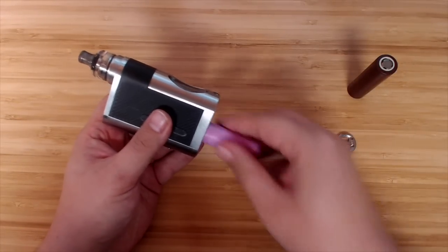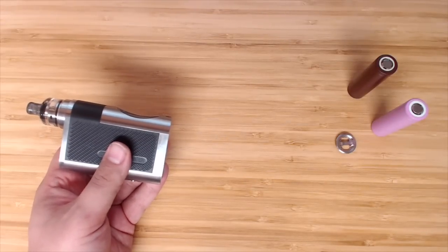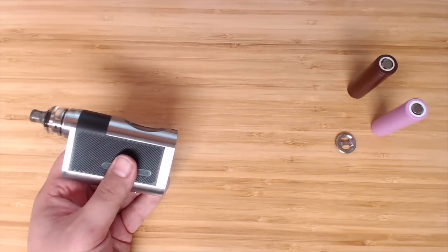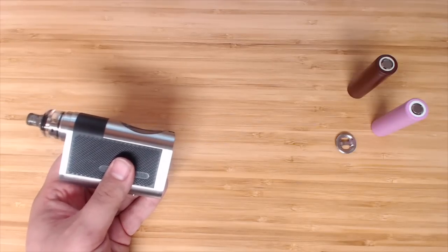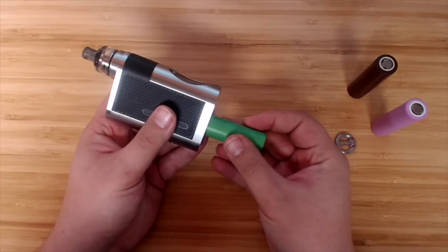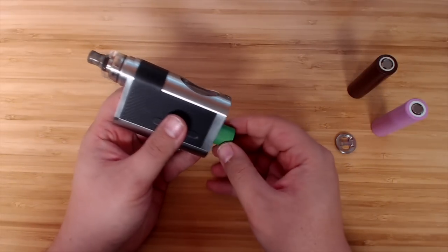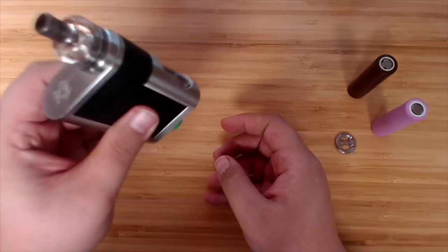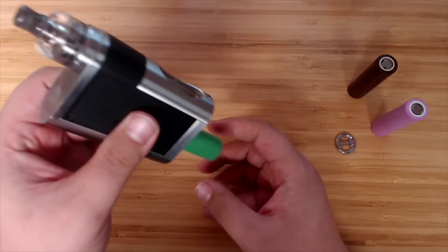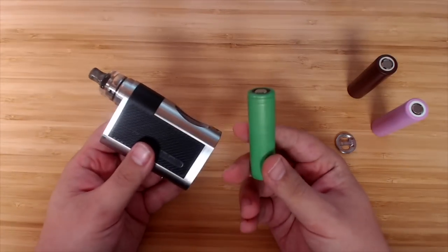So that seems to fit okay, but my VTCs, come on VTC. Gotta get them out of the hopper. My VTCs, oh, this one kind of fits, but I'm a little worried about this one coming out. As you can see, it's not really... Oh, there we go. I do have 1 or 2 VTCs that don't fit in here though, and I ordered